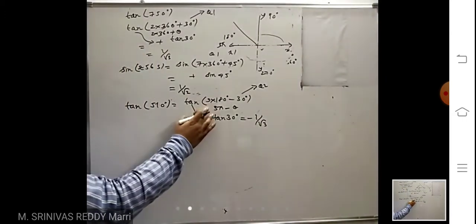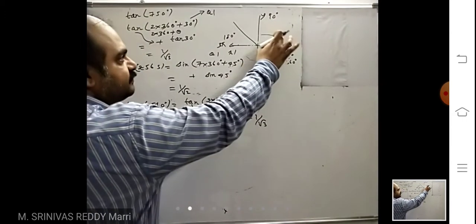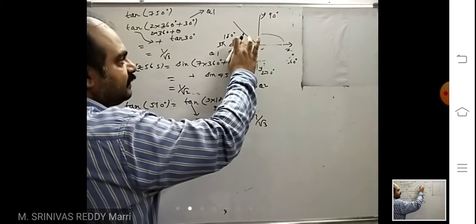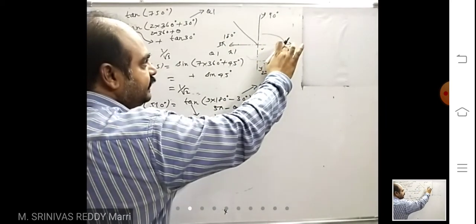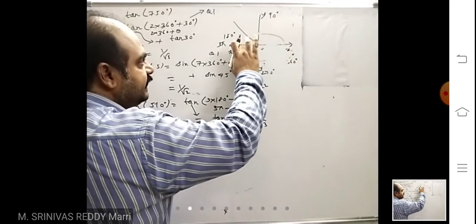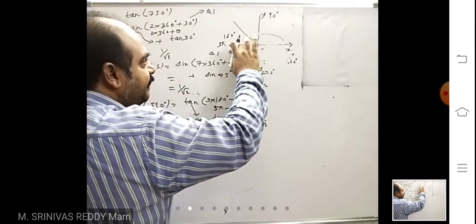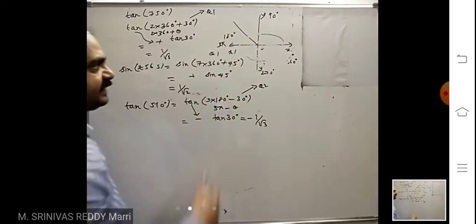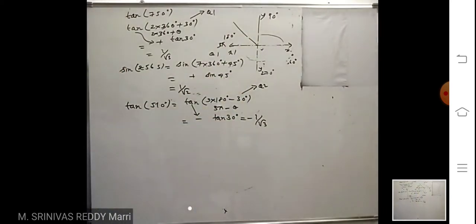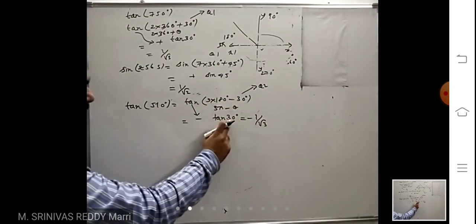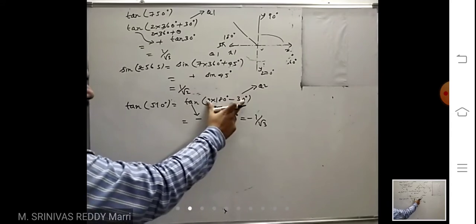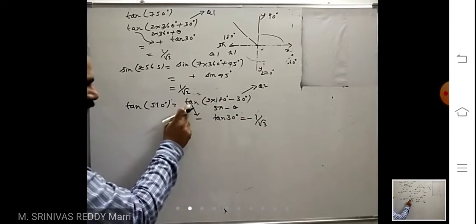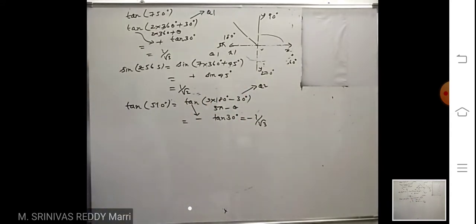Just simple. 3 180s: this is 180 will come here, and then another 180, 2 into 180, then till here 3 into 180. Minus some angle means till here you stop, in that quadrant. Minus means less than that, so it will lie in that quadrant. Immediately you write tan theta first. And then this angle is in quadrant 2. In quadrant 2 tan is what? Negative, like that.